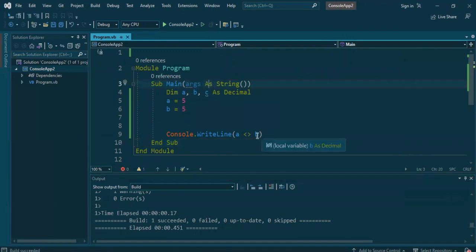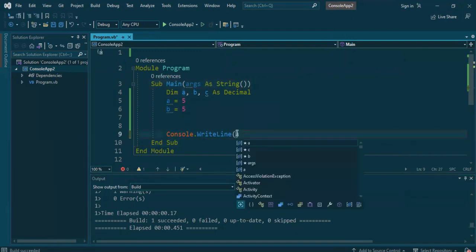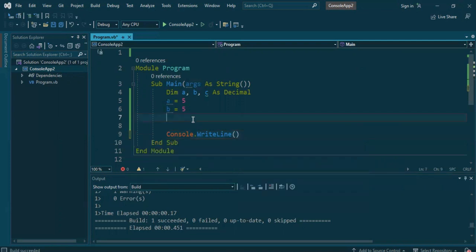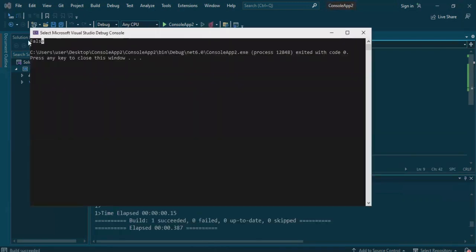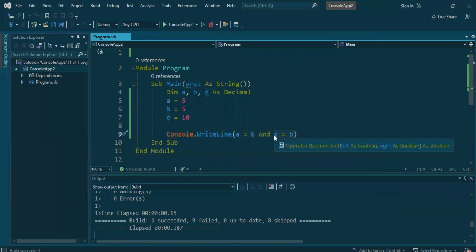Next, we'll move on to logical operators, which are quite similar to comparison operators, but they compare Boolean values and return a Boolean value out of that. We'll discuss 3 of them in this video. First, let's discuss the AND operator. And for that, we'll have to write two conditions. So let's assign a third variable C as 10. For the first condition, we have A equals to B, but for the second, we have C equals to B. And we get the result as false, as the AND operator requires both of the conditions